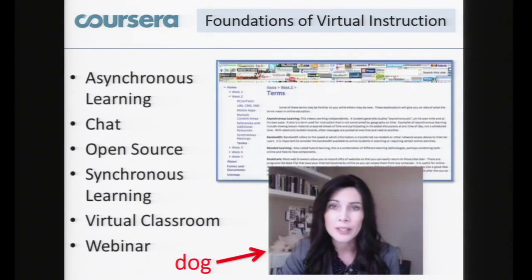If you know me, you know I love dogs. But on the other hand, in certain cultures, having a dog, and particularly having a dog on the furniture, would not be regarded as too respectful. So she was trying to be humorous, but it didn't work. And I have noticed that when they revised this course, the dog has been cut out.